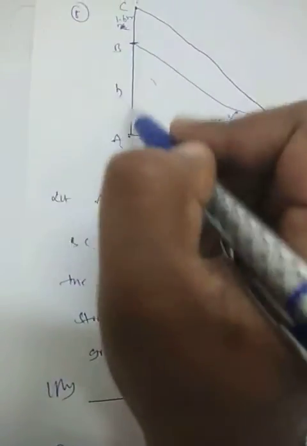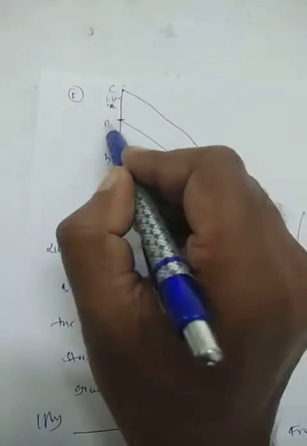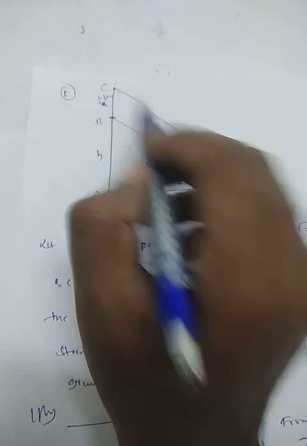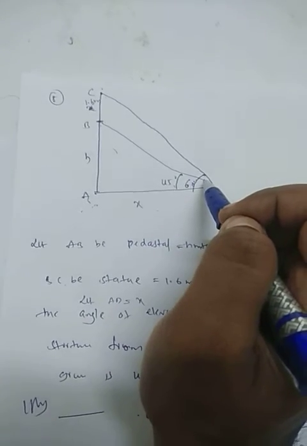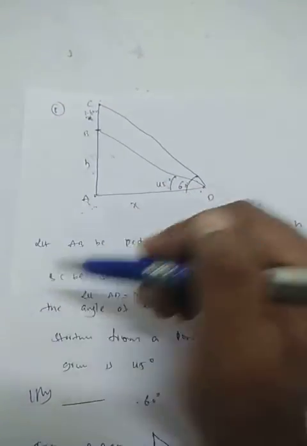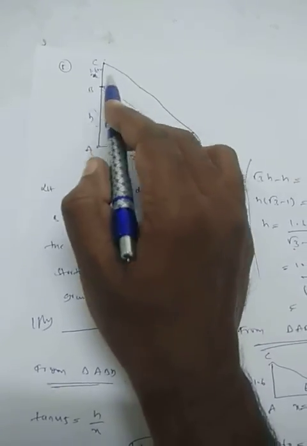Once again, I am explaining only the question. There will be a pedestal and a statue on it. From a point on the ground, the top of the pedestal and the top of the statue are observed at 45 degrees and 60 degrees as the angles of elevation. Then we need to find the height of the pedestal. To find that, first I have taken this. Since the angle is 45 degrees, both sides are equal. After that, we can find the value of h by using the total triangle. This is about question number 8.